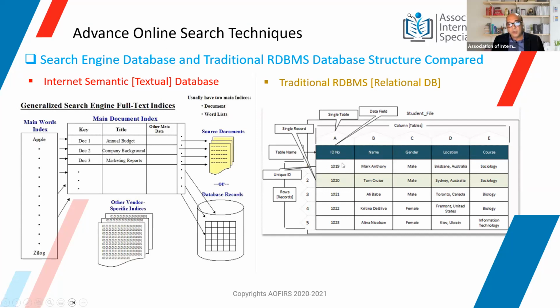is boxed as 1019, is called a single record, or a record that can call everything that is next to it. So if I look for record 1020, it is going to bring me details of the name, the gender, the location, and the course. So these are not only relational, but they make a sort of thread, which is what makes it easier to find something, but it is not as complex, not as elaborate, and not as efficient as the textual database. So that's just about enough information we have to worry about.